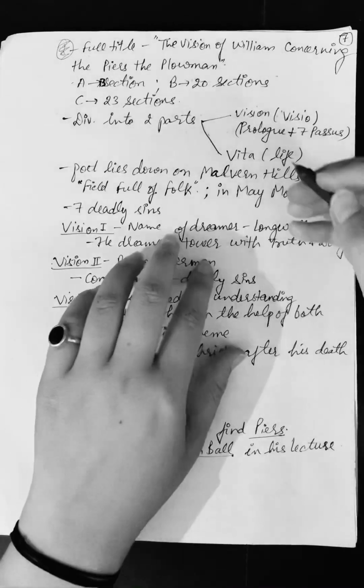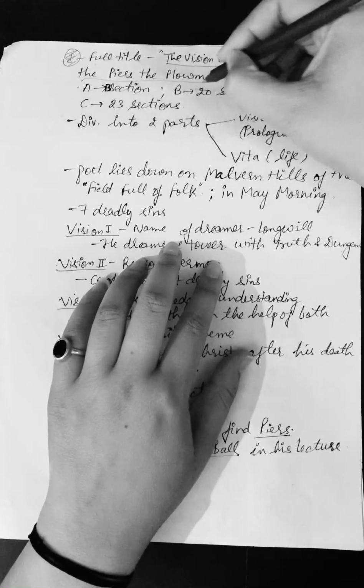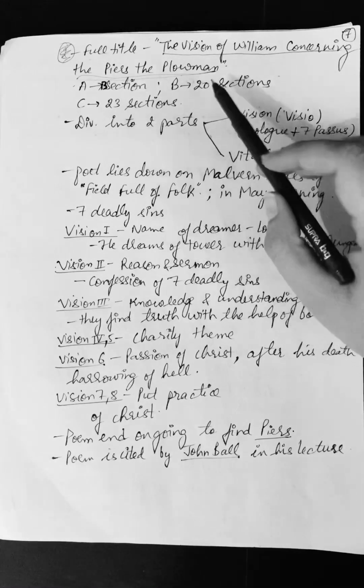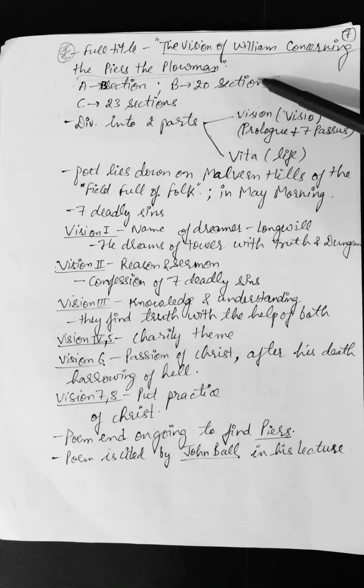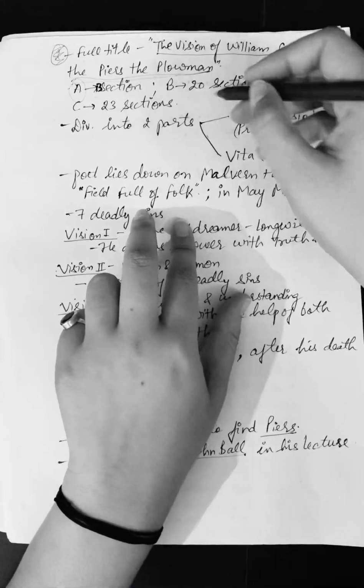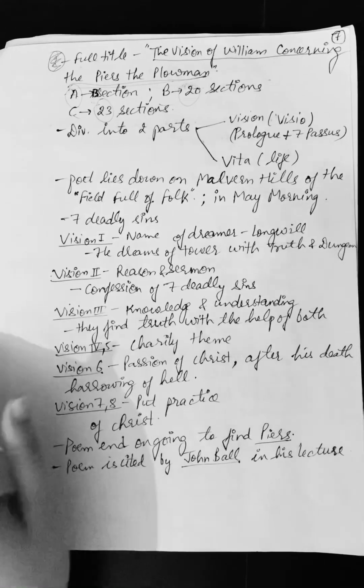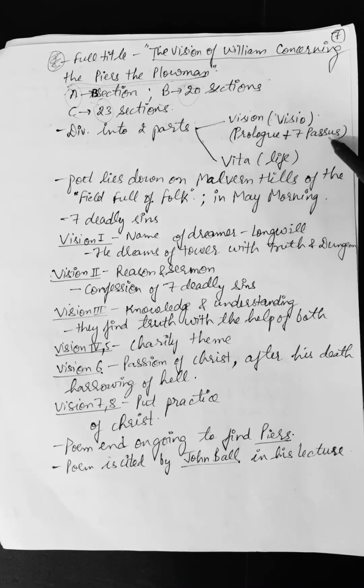The full title is The Vision of William Concerning Piers the Ploughman. You have to remember this. This is very important from the UGC NET point of view. That is, the vision of William concerning Piers the Ploughman. The A text has 13 sections, the B text 20 sections, and the C text 23 sections, divided into two parts: Visio, that is the prologue plus 7 passus,